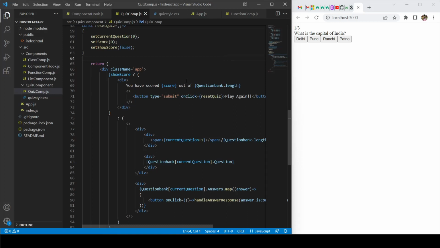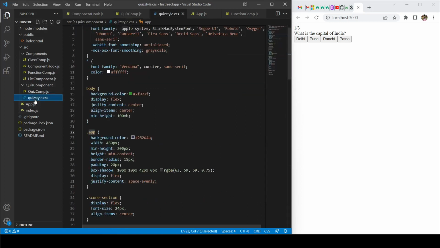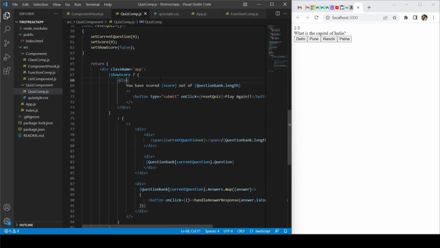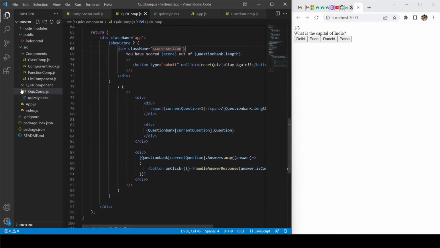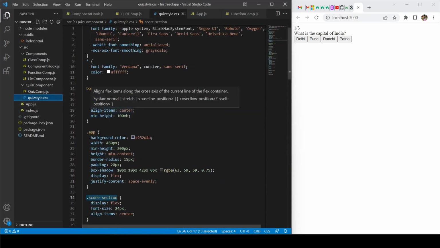उसके बाद क्या है हमारा, जो ये है हमारा, ठीक है, ये वाली चीज़ ये आती है स्कोर सेक्शन के अंदर। तो यहाँ पे अगर आप देखोगे, I do have a score section also, ठीक है। तो इसको मैं लूँगा यहाँ पे, and I will be writing something called className equal to score. ये सारी चीज़ें अभी इम्प्लीमेंट नहीं हो रही है, मतलब यहाँ पे आपको रिफ्लेक्ट नहीं हो रहा है, because I have not imported that CSS, वो मैं कर लूँगा, ठीक है।